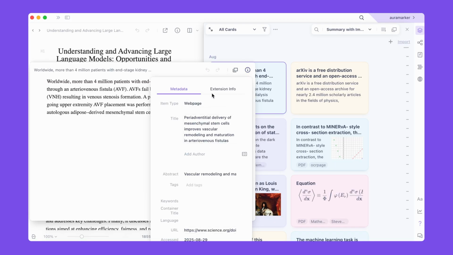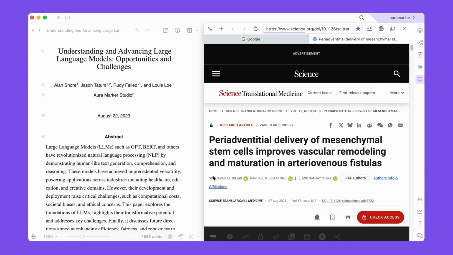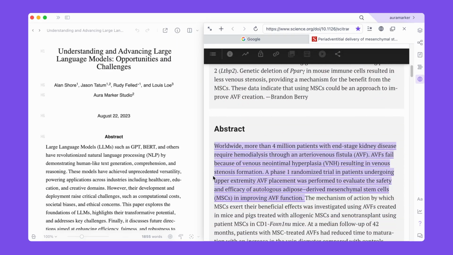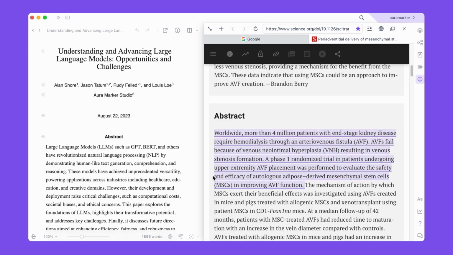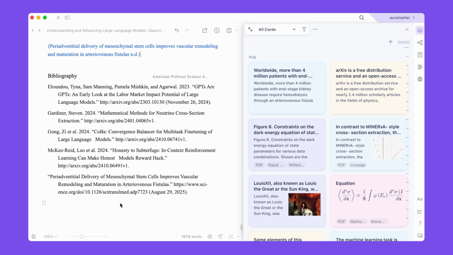the card's extended information. Clicking the source link on the card allows you to directly open the original web page within the web app and automatically navigate to the location of the extracted content. If a card is used as a reference citation, Lattics can also automatically generate standardized citation information in the bibliography